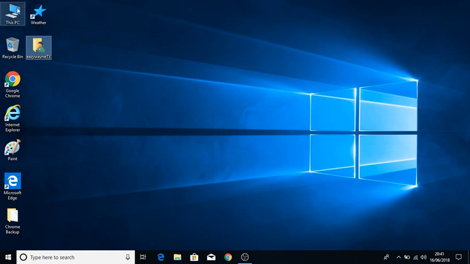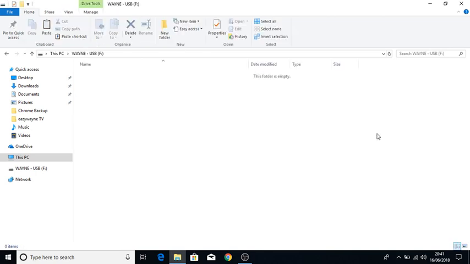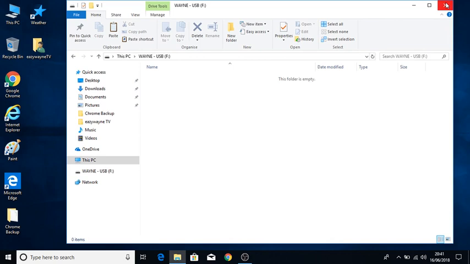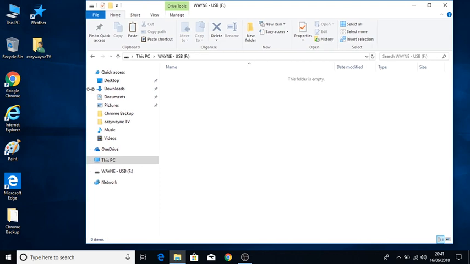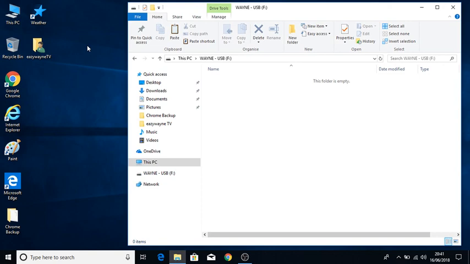I go to this PC and I go to there, USB pen there, double click there. Okay, so I'll make that window smaller, and if I just simply drag it over a little bit just so you can see more of the screen. Now all I've got to do is simply pick this folder up here. I can either pick it up and drag it over here,